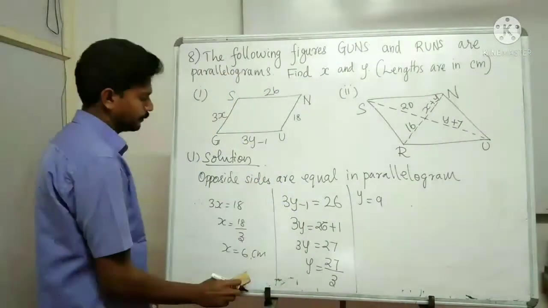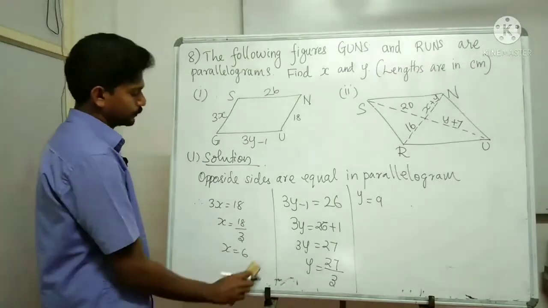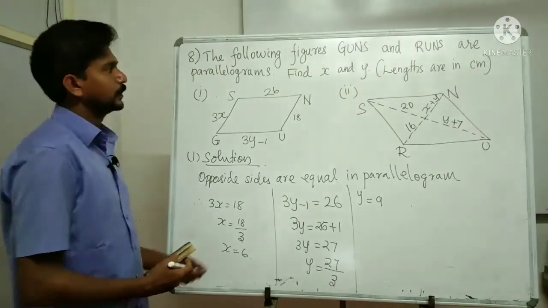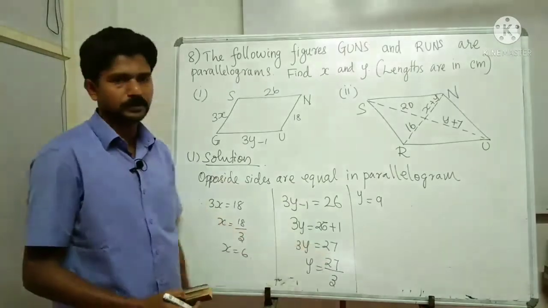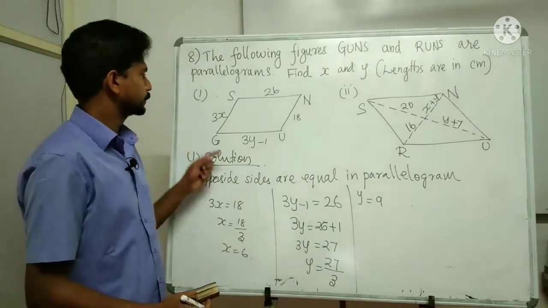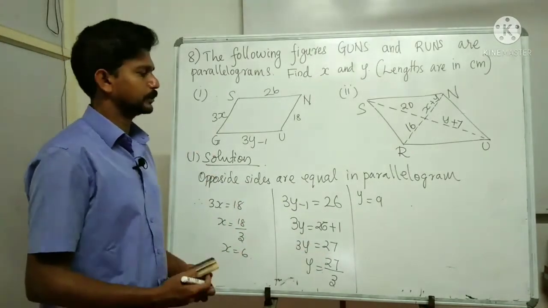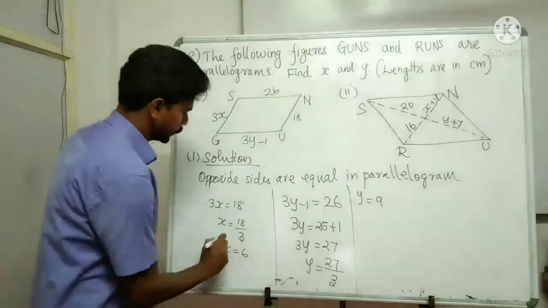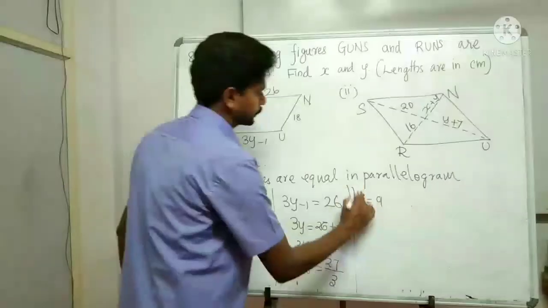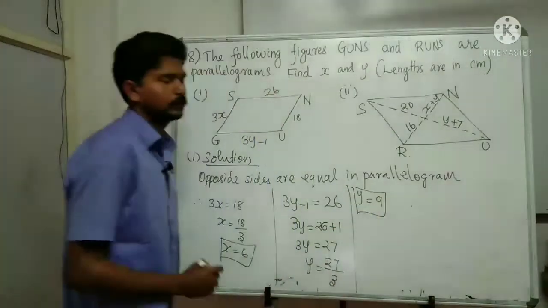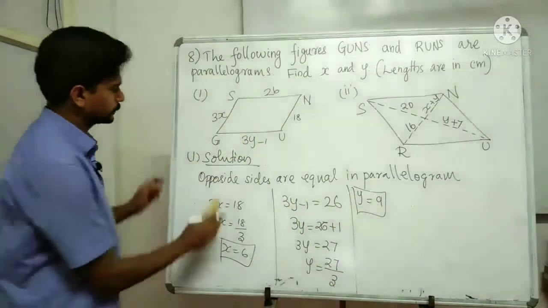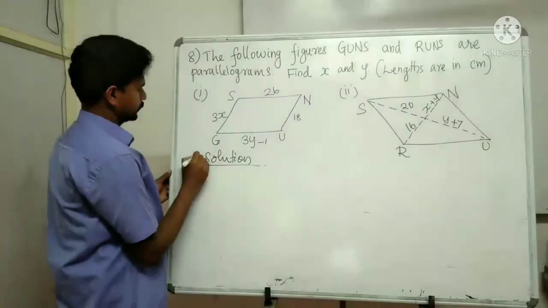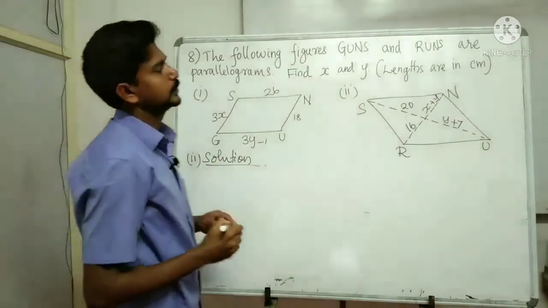So when you put that y value, we get the side. So we have to find the length and only x and y, that is enough. No need to write the measurement because we have to multiply that one. Okay. So x and y for the first question we got it. Now let us find for the second one. Now solution of second one.